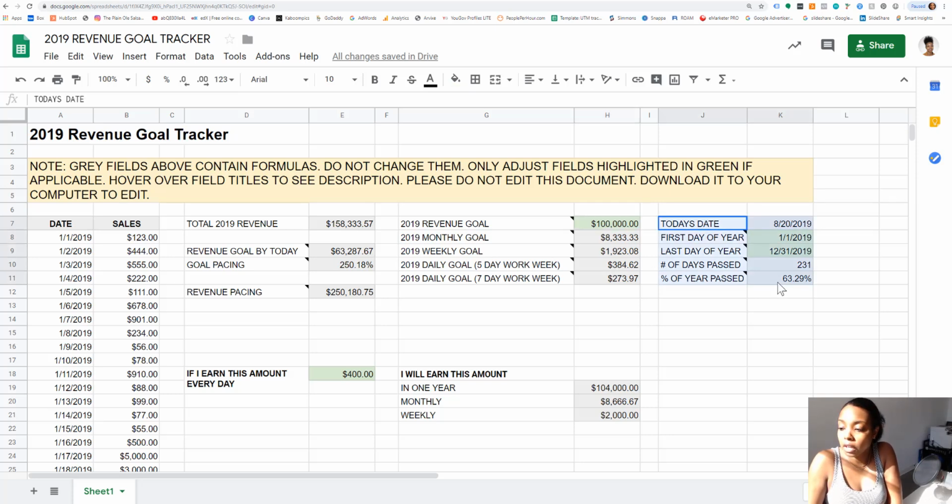This last column over here on the right is more about time. And so as we kind of talked about, this is today's date, and everything's based off of whatever dates you enter in your first day of the year and your last day of the year. Keep in mind that these are green because sometimes your fiscal year doesn't actually start on January 1st or end